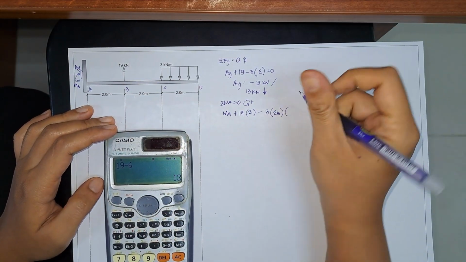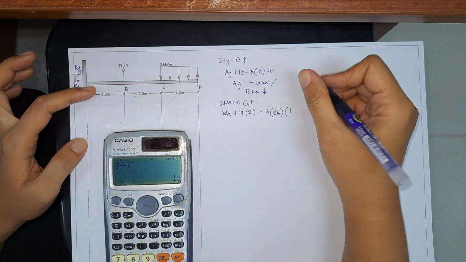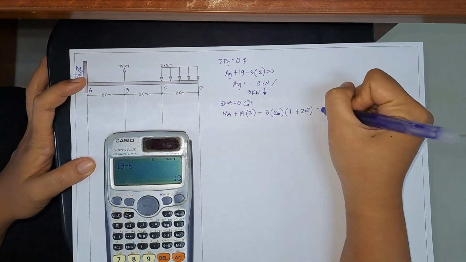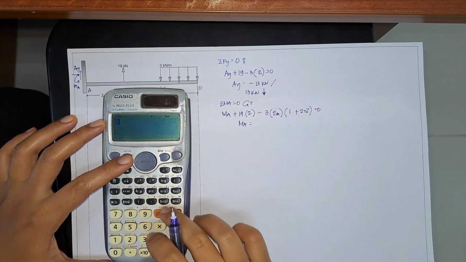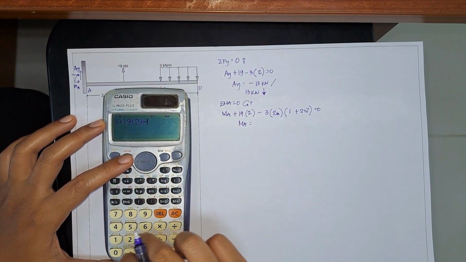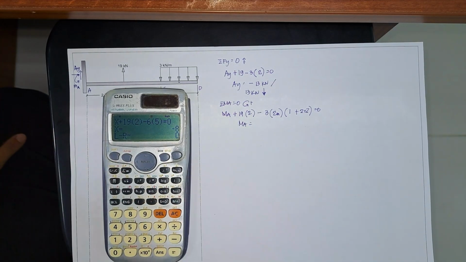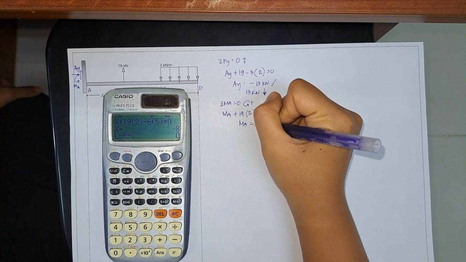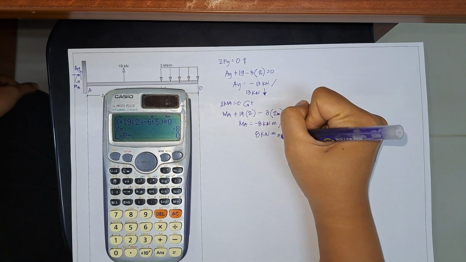Okay, ano yung moment arm? Kalahati nito. So, 1 plus 2 plus 2. Okay, is equal to 0. Therefore, the moment at A is equal to minus 6 by 5. Okay, moment at A is equal to negative 8 kilonewton meter or 8 kilonewton meter in clockwise